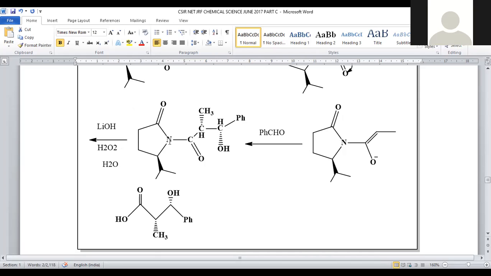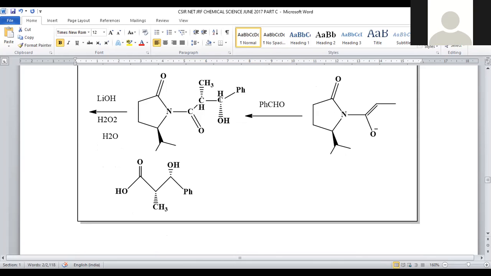So this 5-membered ring consisting of nitrogen, and the molecule containing the cleavage of the bond by hydrolysis process. What will be the process? Hydrolysis. The amide bond is simply cleaved so that it turned into carboxylic acid, and this ring structure is converted into secondary amine. And what will be the stereochemistry? Methyl and OH both are on the back side only, right? So methyl is there, OH backside, and this terminal carboxylic acid will be originated. This will be the final product.